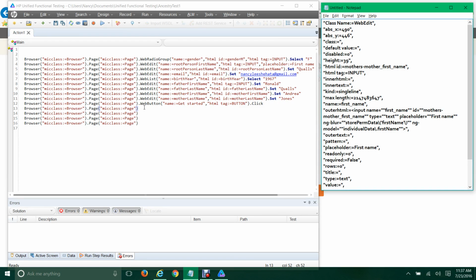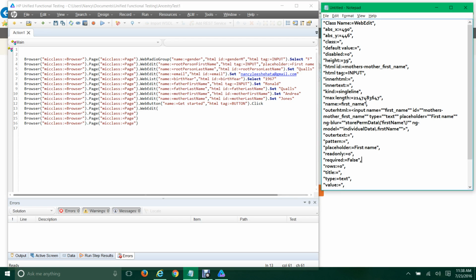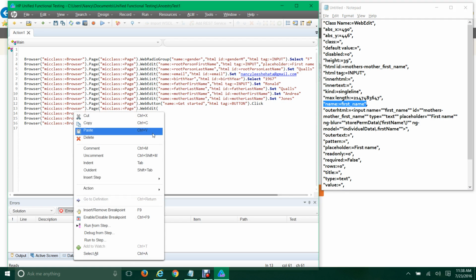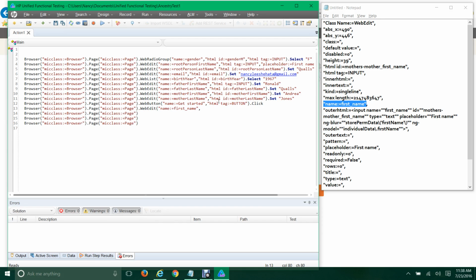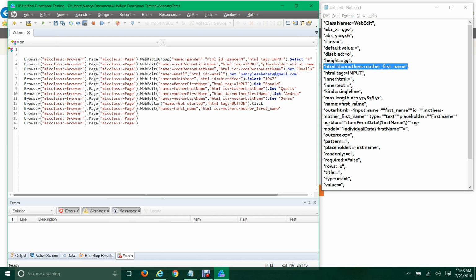This is yet again another web edit, which is fine. And what is the name of this web edit? It is first name. Wow, look at that. I've got probably a first name up here. No, it has root person first name, so it's definitely different, and I'm on a different page anyway, so it shouldn't be any issue. So this is called name first name, comma, and let's do HTML ID is mother's mother first name, copy,